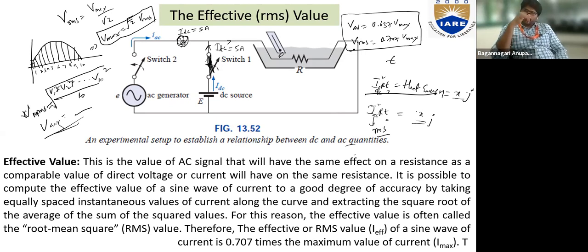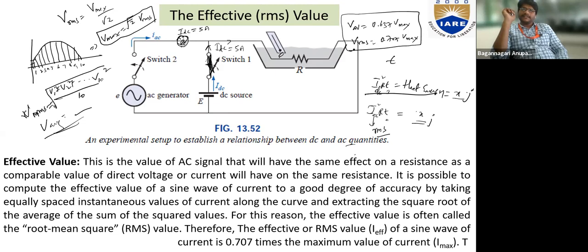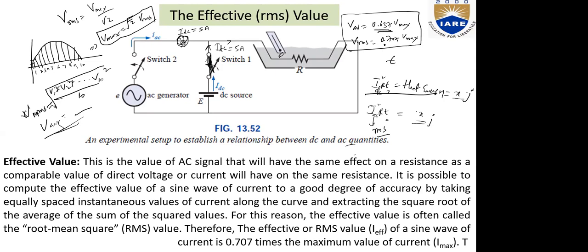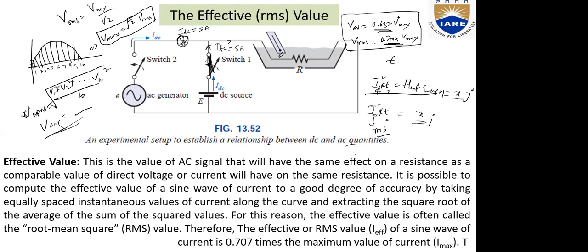Do you have any doubts? Why, for a sinusoidal waveform, is it only 0.637 or 0.707? Does it change if the magnitude changes? It is dependent upon V naught, no, sir? But the fundamental structure will be sinusoidal, so the values remain the same, right? This magnitude remains the same. That's the standard formula used for AC quantities having a pure sinusoidal waveform: V average is equal to 0.637 times V maximum.